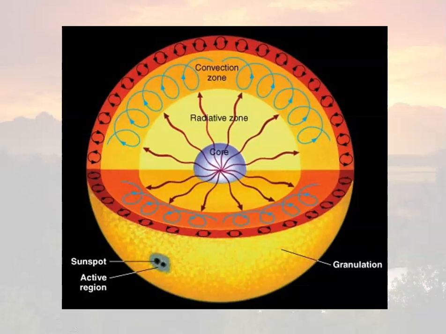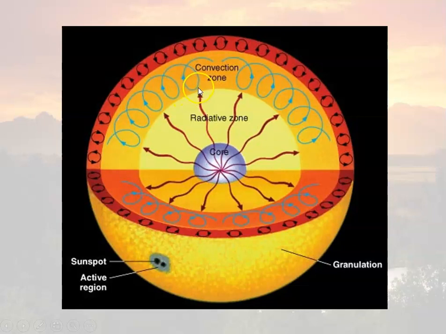So here is a diagram of that. See the white silver region in the core where the nuclear fusion is actually going on, and then outside of that we have the radiation zone where the energy is being transported by photons carrying away the energy, and then around the convection zone the more efficient energy transfer process is via convection cells, where you have